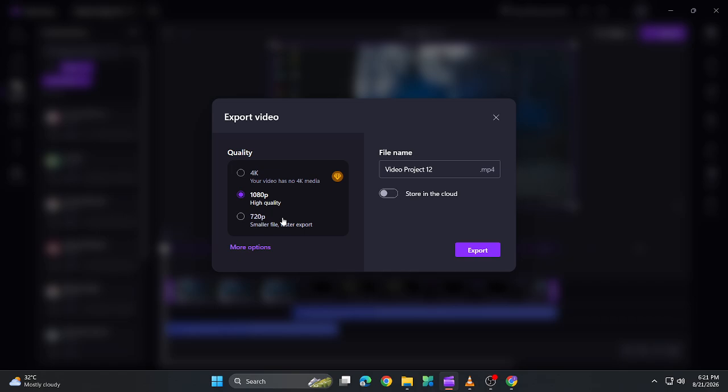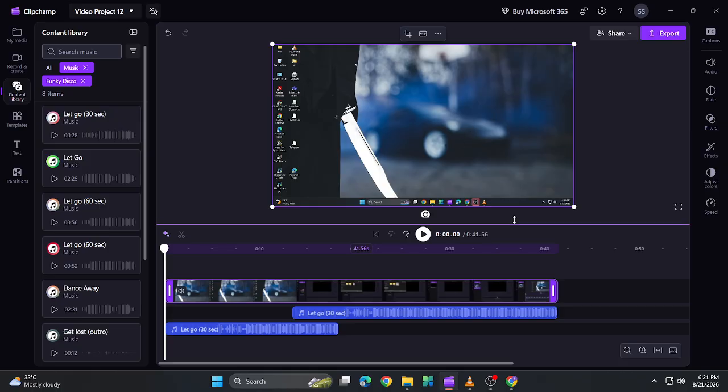And that's how to add audio in Clipchamp in 2026. Import your audio, place it on the timeline, edit the track, adjust the volume, preview your project, and